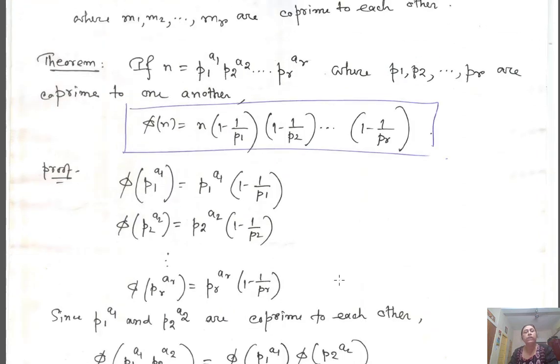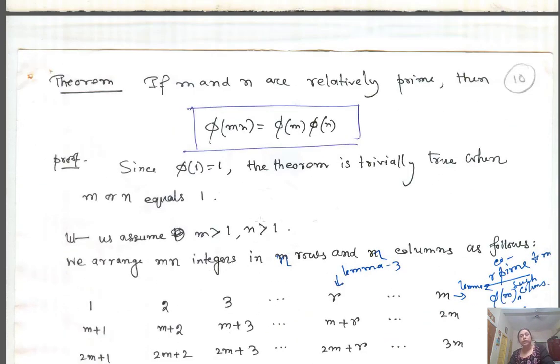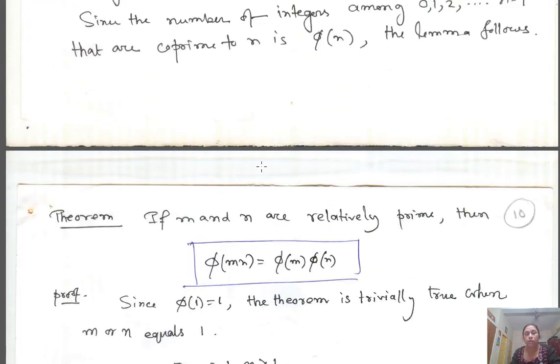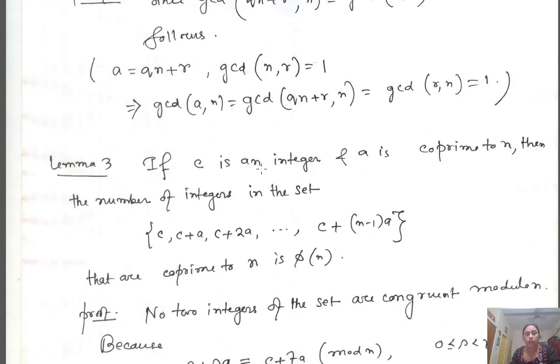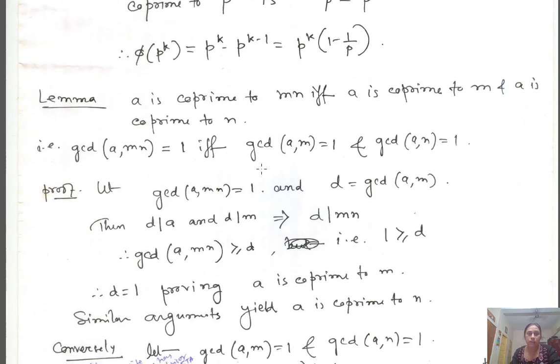Okay, so you can utilize induction also to prove this. Now the main part is to prove the multiplicative property of Euler's phi function, whenever m and n are co-prime. So for that, I need to go through, I need to use certain lemmas. First lemma is